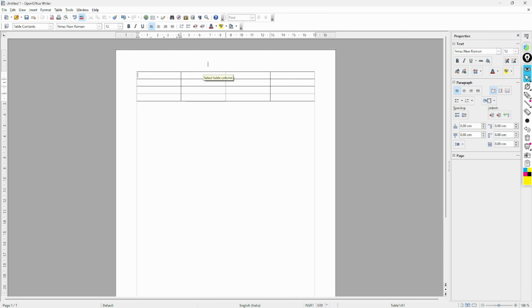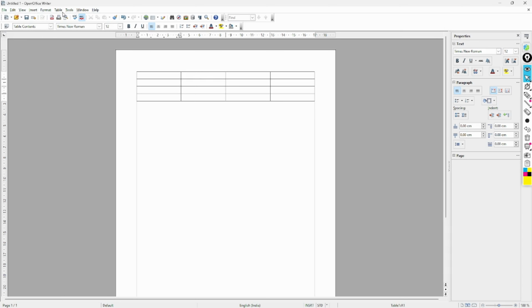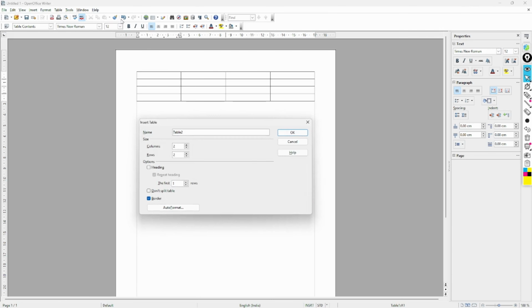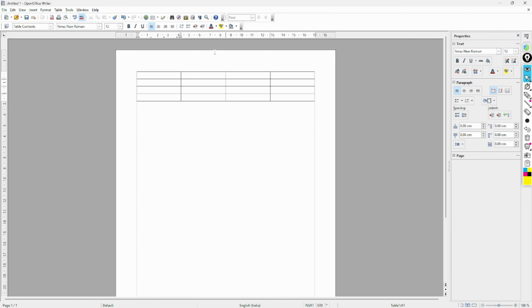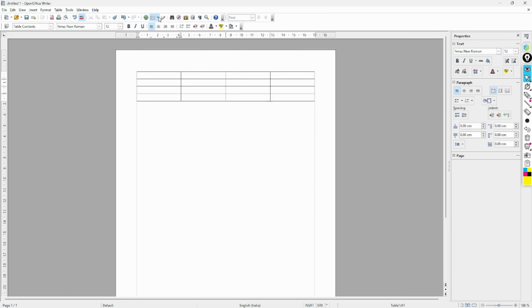Now students, tell me how many different ways we learned today to create a table. First one is table, insert, and table. Correct? First way. Second way, directly from the shortcut, click on it. Third way is from the drop down from the menu bar, like this.